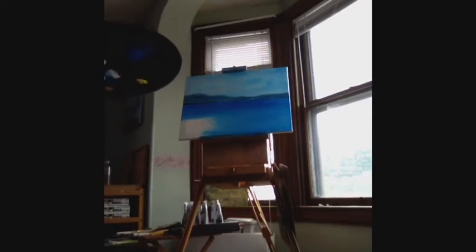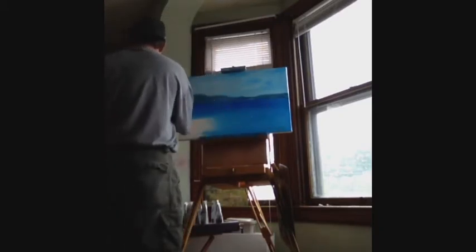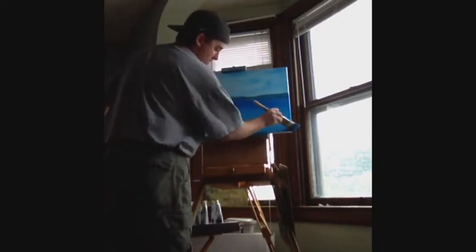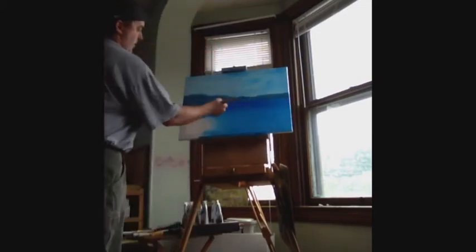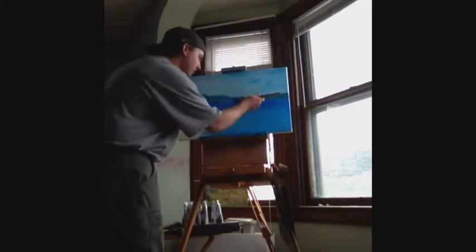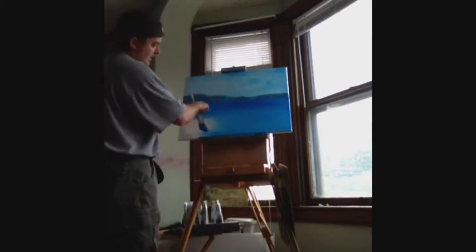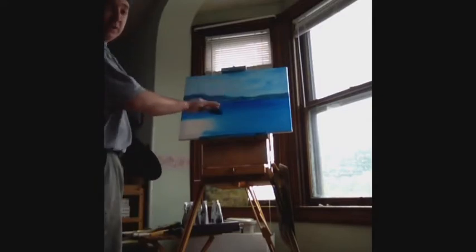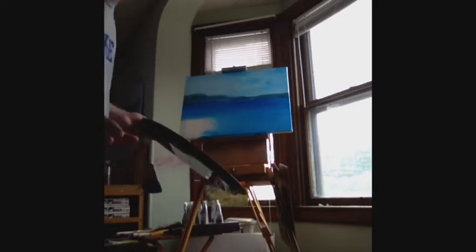So, if you're not truly satisfied with the color right as you lay it on, go ahead and change it up a little bit. Nothing that says you can't. See some of the lines in there, but that's pretty cool because it kind of almost emulates a wave, so we'll leave that in there. Okay? Alright, I believe the next thing we need to do is add a little golf hole, a little land in the foreground. So let's put some highlights on that beach back there first, and then we'll do some foreground,